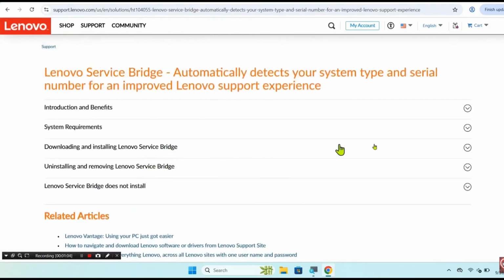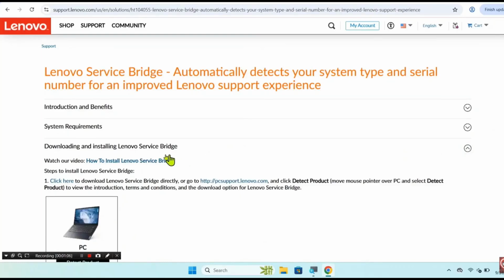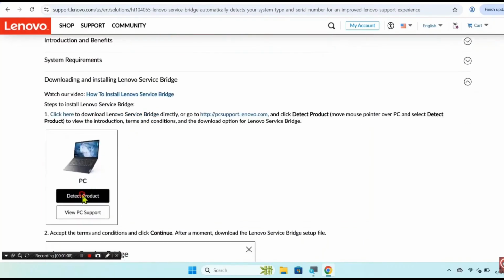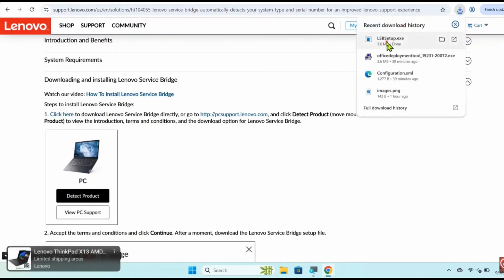Next, you can choose this one, download and install Lenovo Service Bridge. Click here to download the application. What is the function of this service bridge? To allow the web system to detect our laptop product according to type and serial number like that.